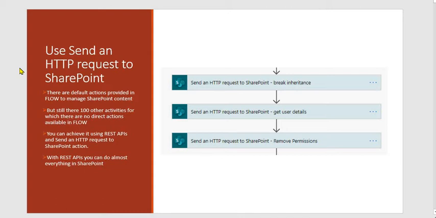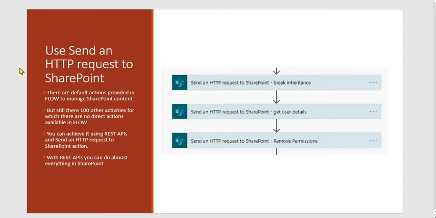And there are other more activities which you can do in SharePoint for which there is no direct action available in Power Automate or Flow. So what is the alternative, or what are the options available using which you can perform all other activities in the SharePoint? So there is an action called send an HTTP request to SharePoint.